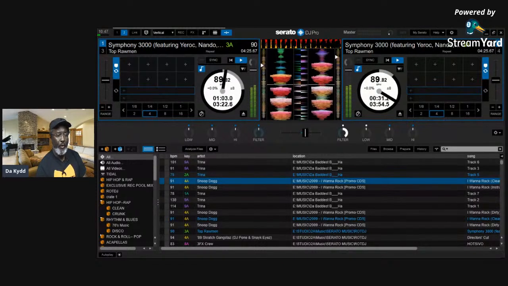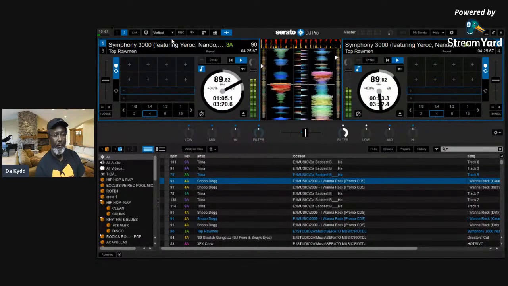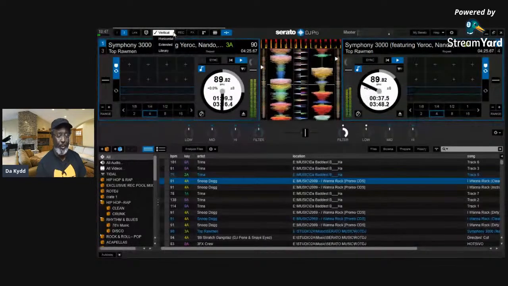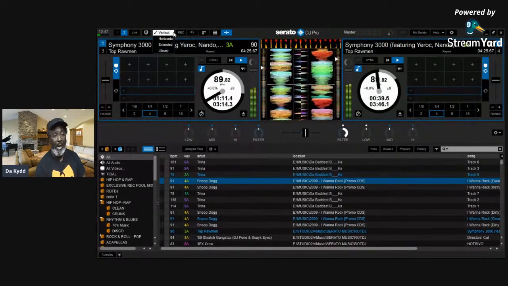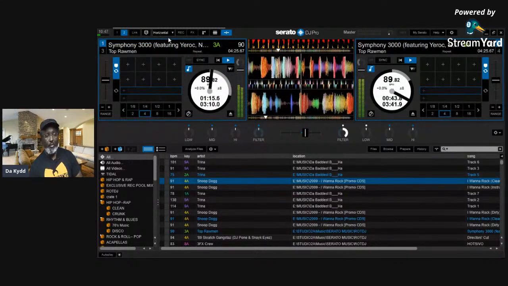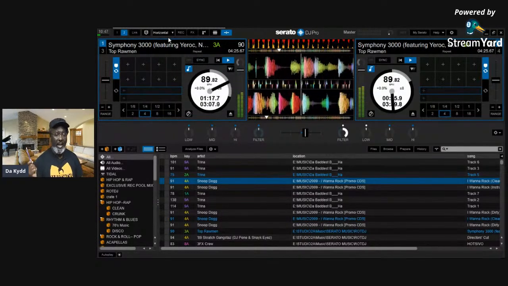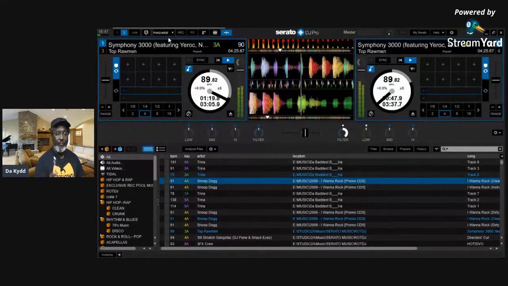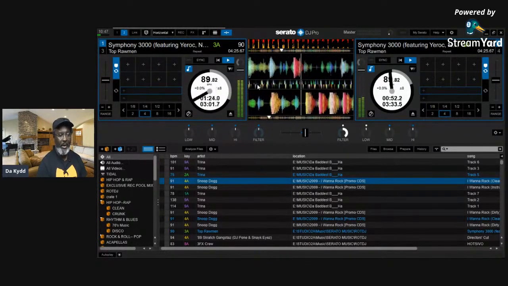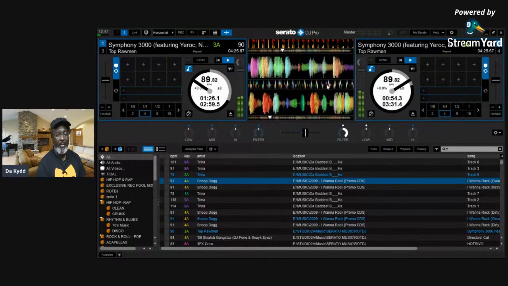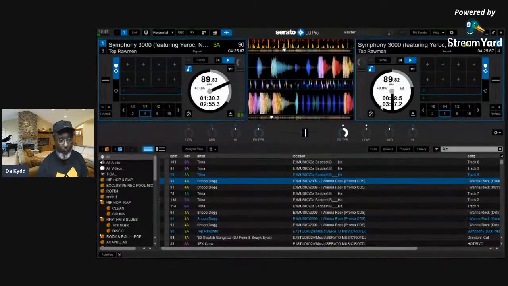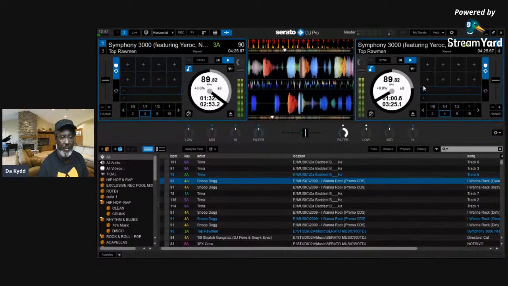Now, by changing it over, and I'm just going to change it over so you can see the different modes. Vertical mode, if you're used to Scratch Live, you won't have any problem with vertical mode. You have horizontal mode, which gives you both tracks side by side, and it also adds in where the tracks are synced together in the middle. Like right now, the tracks are not synced. In order for me to sync it,